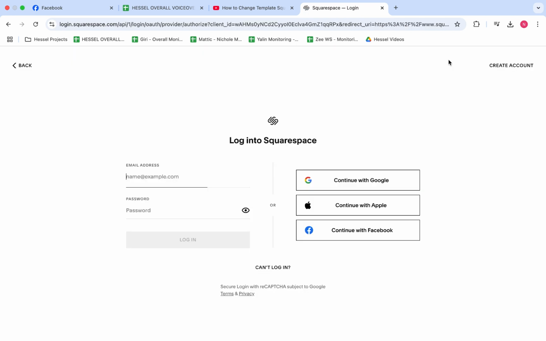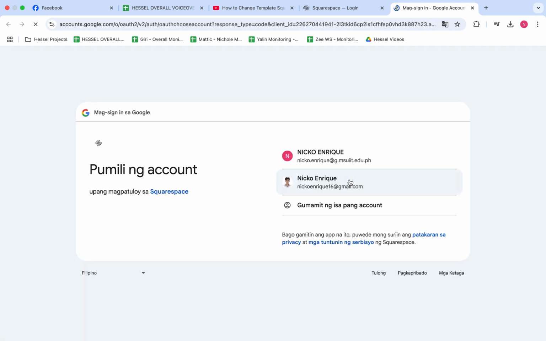First, log into your Squarespace account. If you are already logged in, you might be taken directly to your dashboard. Otherwise, look for the login button on the homepage and click it. A convenient option for many is the Continue with Google button, which allows you to use your Google account to